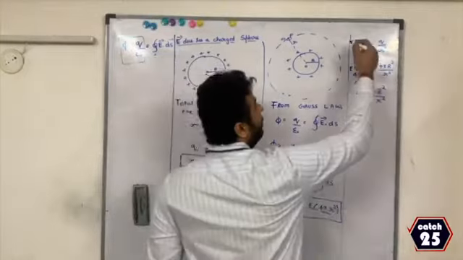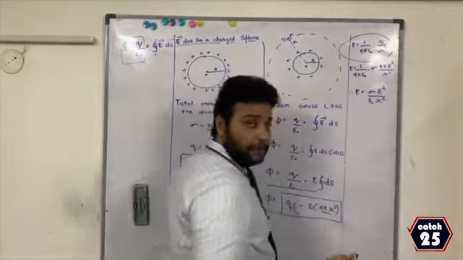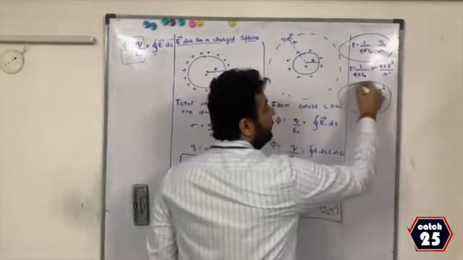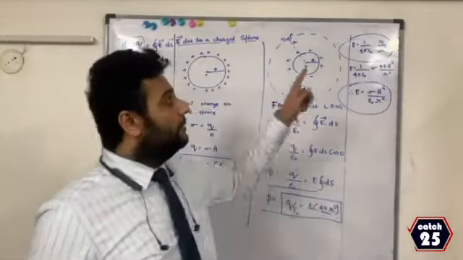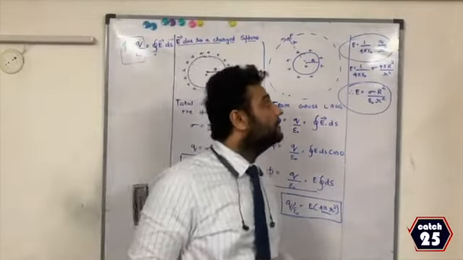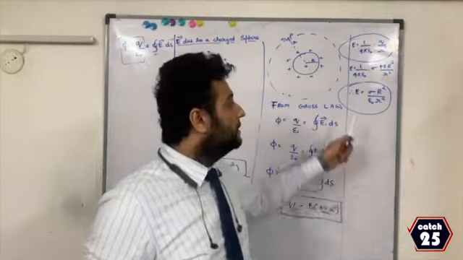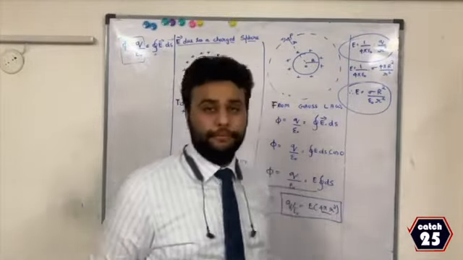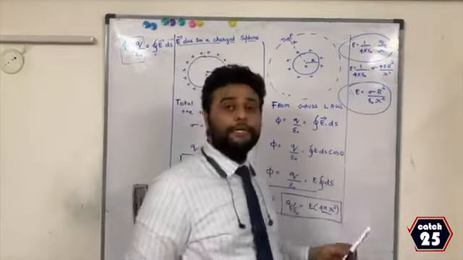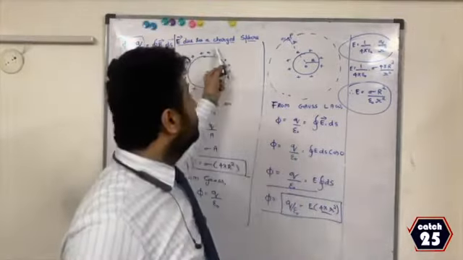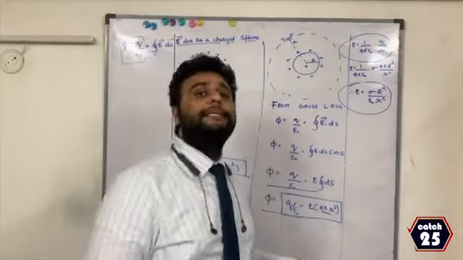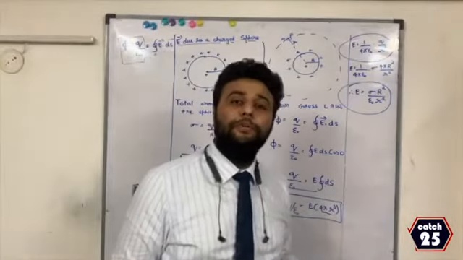Therefore, I got one formula from Gauss, and I got one more formula from Gauss. The first formula from Gauss is in terms of charge, and the second formula from Gauss is in terms of electric field E. Okay, so this completes your derivation for a charged sphere. Our next derivation will be the application of Gauss for a cylinder.